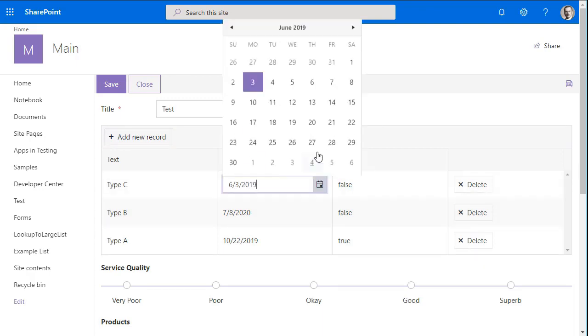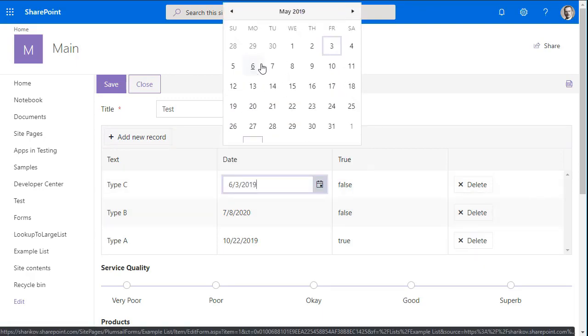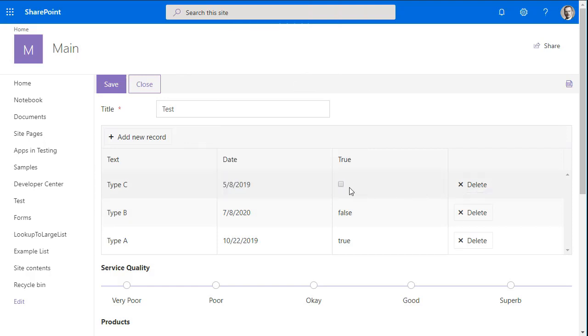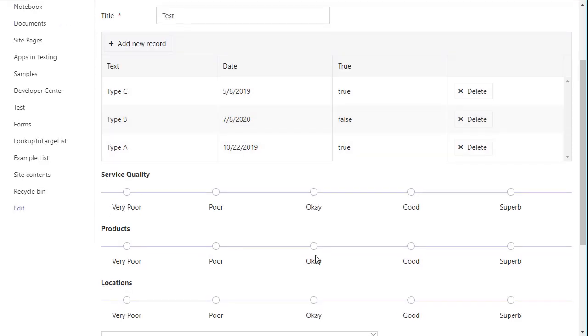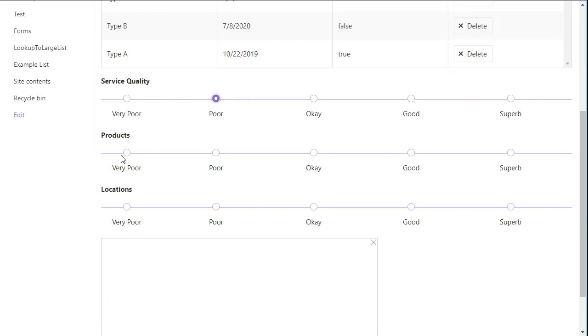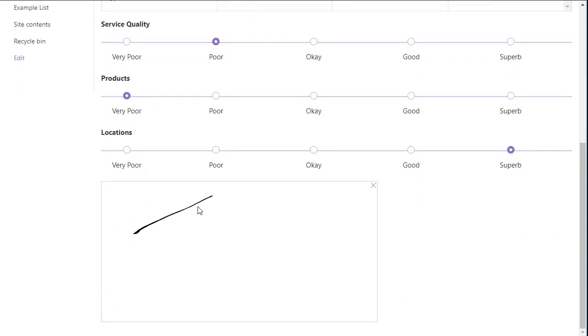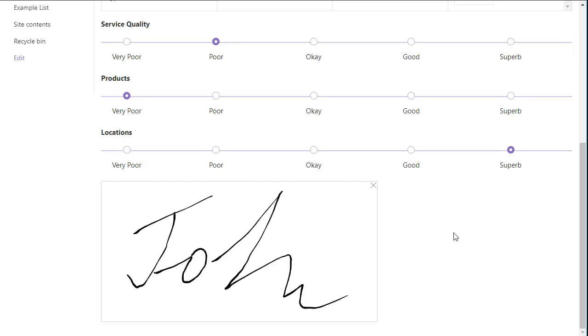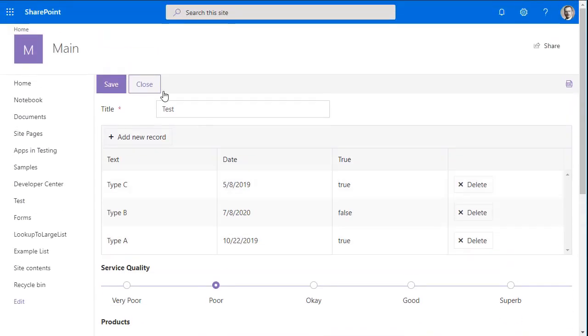Let's say type C. Any date will do, just an example. So we'll give some values here: very poor, superb, sure, why not? And this was John. So we click save,